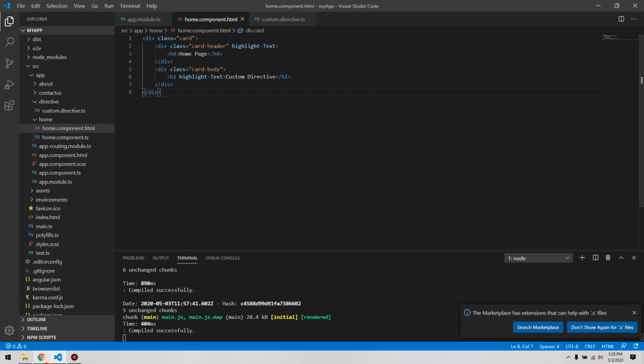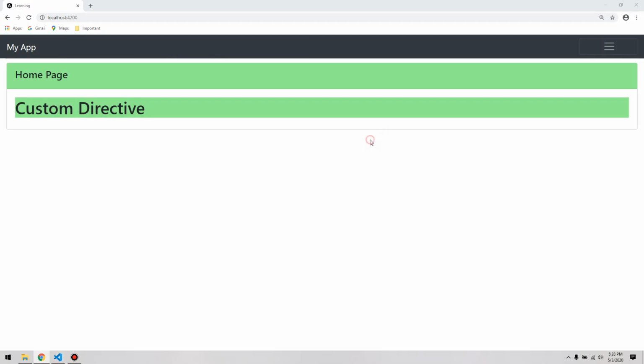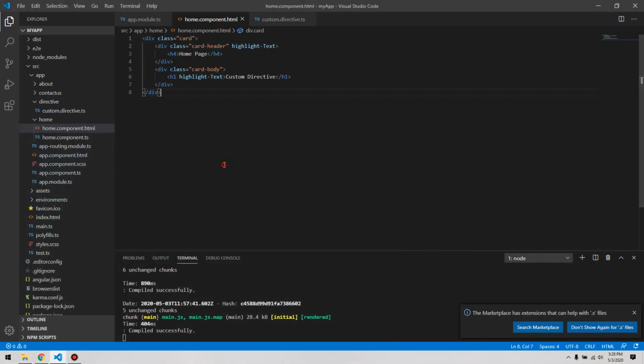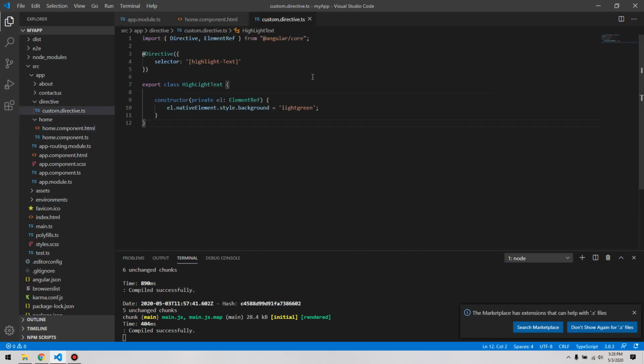Now we'll quickly recall what we have done. To implement the custom directive and achieve that functionality, you create a separate directive in a separate folder or anywhere in your application.